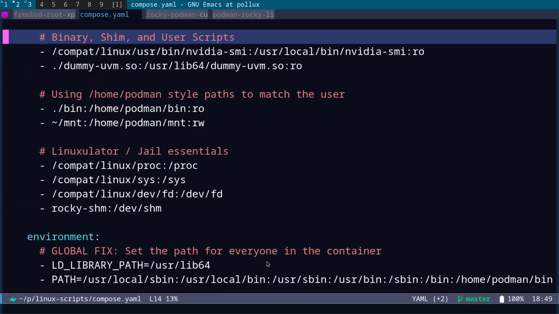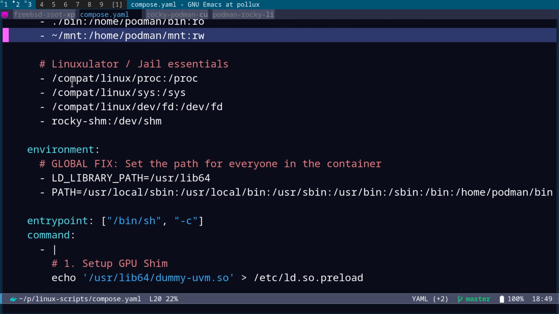And lots of bits of this, I know your brain might be exploding at this point. Bear with me. Once we've built the dummy-uvm.so file, we are then installing it into usr lib64 dummy-uvm.so. We're then mounting the bin directory that we've got with the scripts and the mount directory from FreeBSD into the Podman container. We're mounting the Linuxulator jail essentials